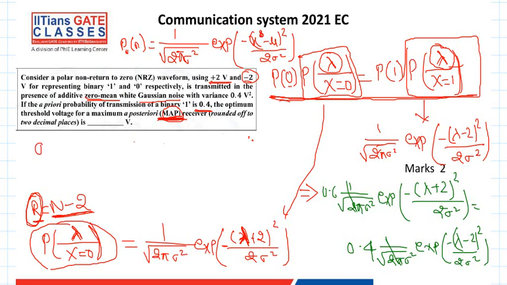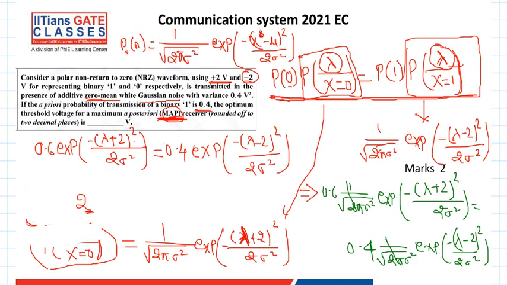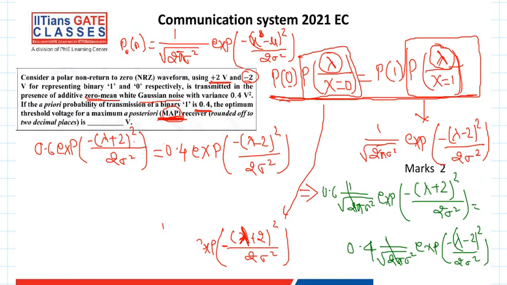We are left with 0.6 exponential to the power minus (lambda plus 2) square upon 2 sigma square, equal to 0.4 exponential to the power minus (lambda minus 2) square upon 2 sigma square. Now you can further write it as 3 by 2 equal to exponential to the power